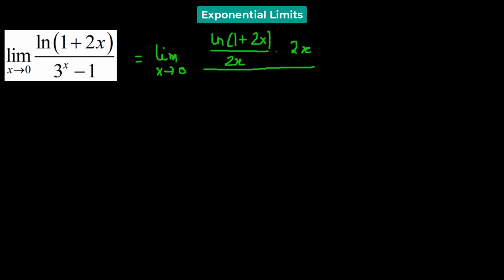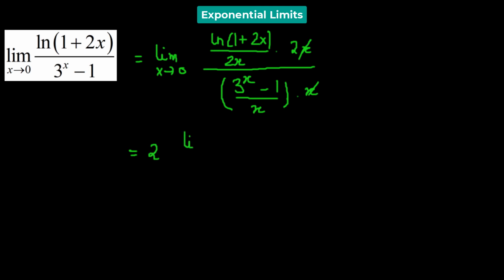As for the denominator, we have 3 raised to the power of x minus 1, so we're going to divide it by x and multiply the entire denominator by x. So the x and x, which is a common factor in both the numerator and the denominator, cancels out,